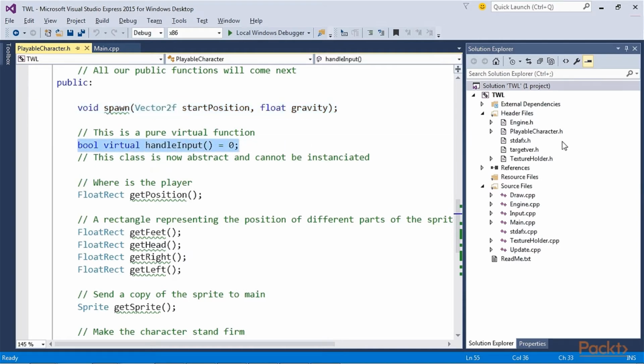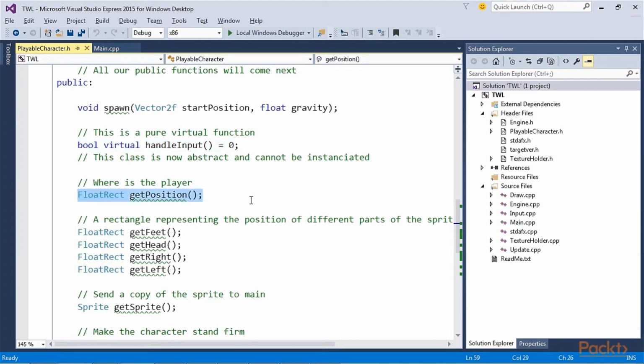The bool virtual handleInput = 0 is, of course, our pure virtual function. As PlayableCharacter has this function, any class that extends it, if we want to instantiate it, must provide a definition for this function. Therefore, when we write all the function definitions for PlayableCharacter in a minute, we will not provide a definition for handleInput.